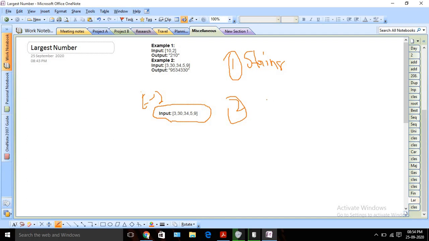So what will be our custom sorting logic here? Suppose I am going to sort these two elements, 3 and 30. There can be two possibilities. One is that I can do string concatenation like this, 3 plus 30, or another option can be 30 plus 3. Remember, these two will be strings.